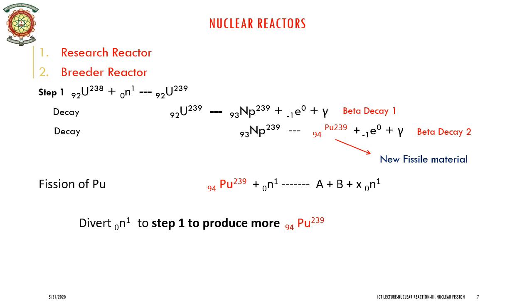Now, the number of neutrons that are released in the fission of plutonium-239 is sufficiently large. So, if in a properly designed reactor, more than one neutron released per fission can be diverted from the fission chain, that is the fission of plutonium-239, to the transmutation of U-238 to plutonium-239 as explained on the slide, this means the reactor produces more plutonium-239 starting from U-238 obviously than it consumes U-238. This kind of reactor is called breeder reactor.